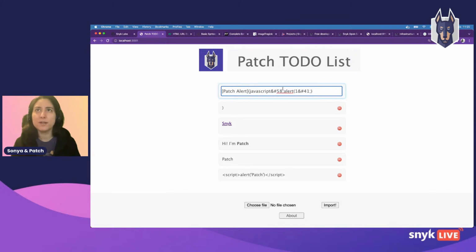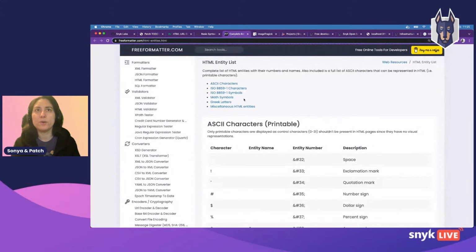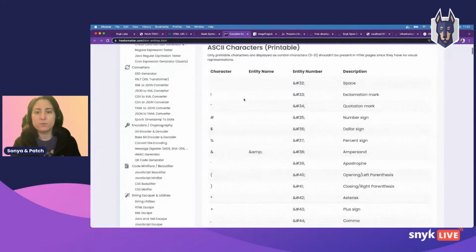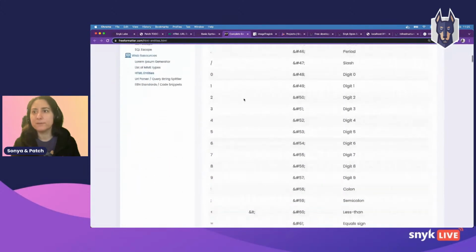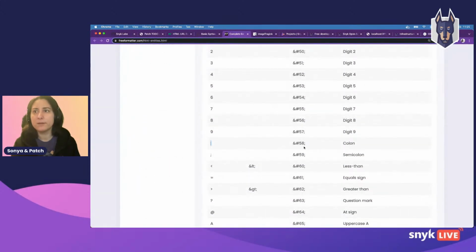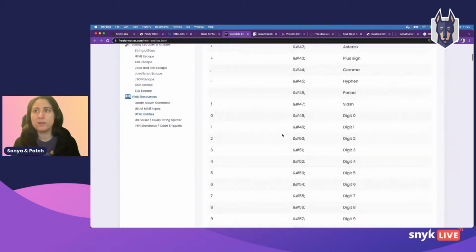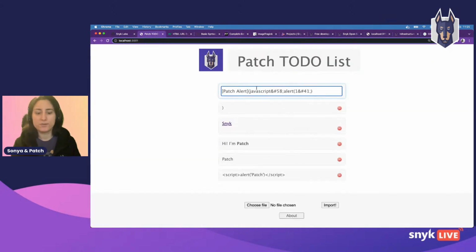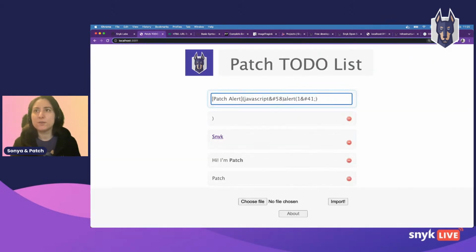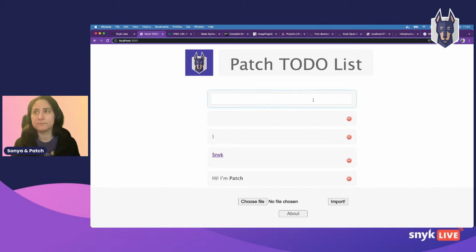Cool. So let's try to bypass this, and let's try to URL encode what we just typed in. So here, I'm using URL encoding. Let me just show you what URL encoding is. We're going to encode the colon. So let me find the colon. It's here, colon. We're going to encode it with this. And we're going to encode the closing parenthesis, which is here. Cool. So if I go back to here, just going to zoom. This is the colon, and this is the closing parenthesis. This one. Cool. Let's see if this is working.